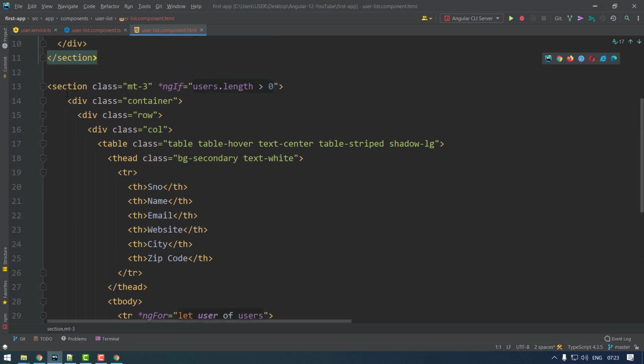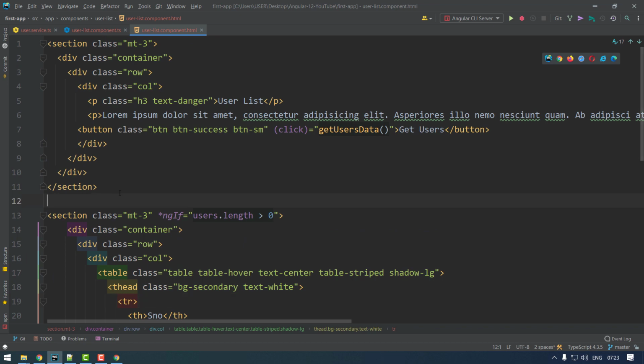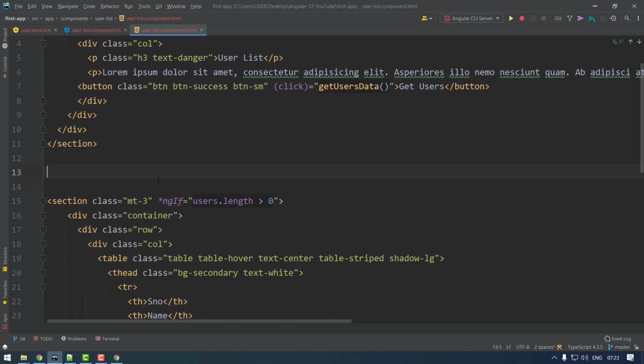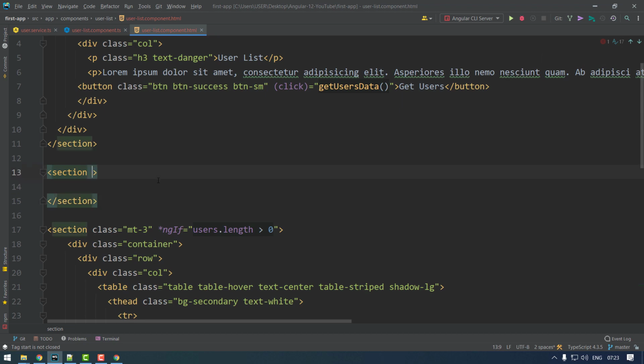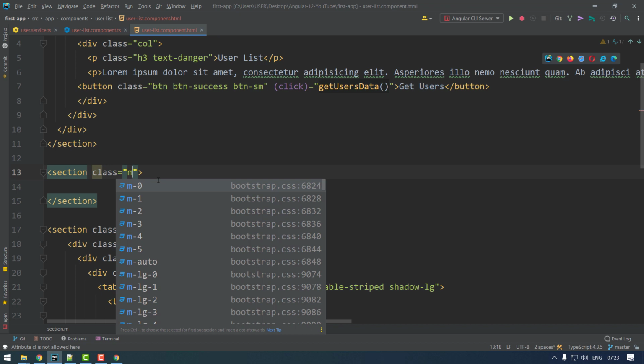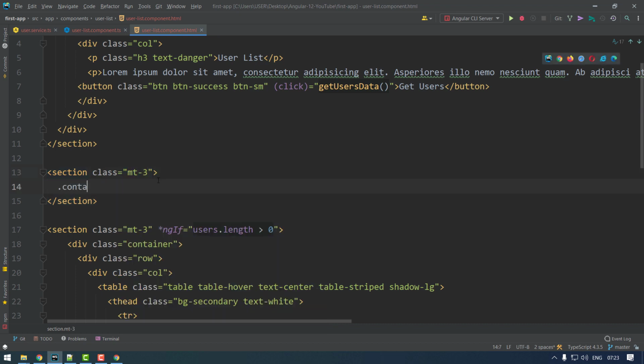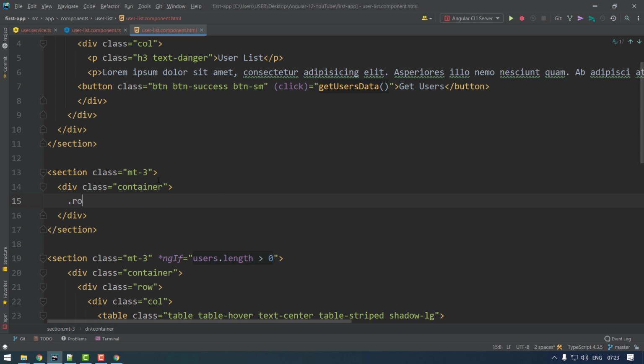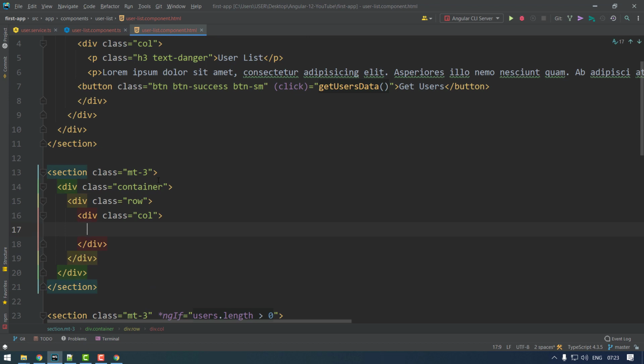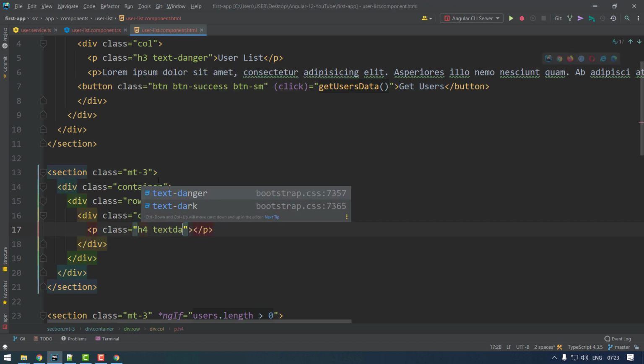See, this is the code for displaying a table, right? And above that, I'll take another section with a class, margin top 3, one container, one row, and one single column, and just say p.h4, let's say text-danger.